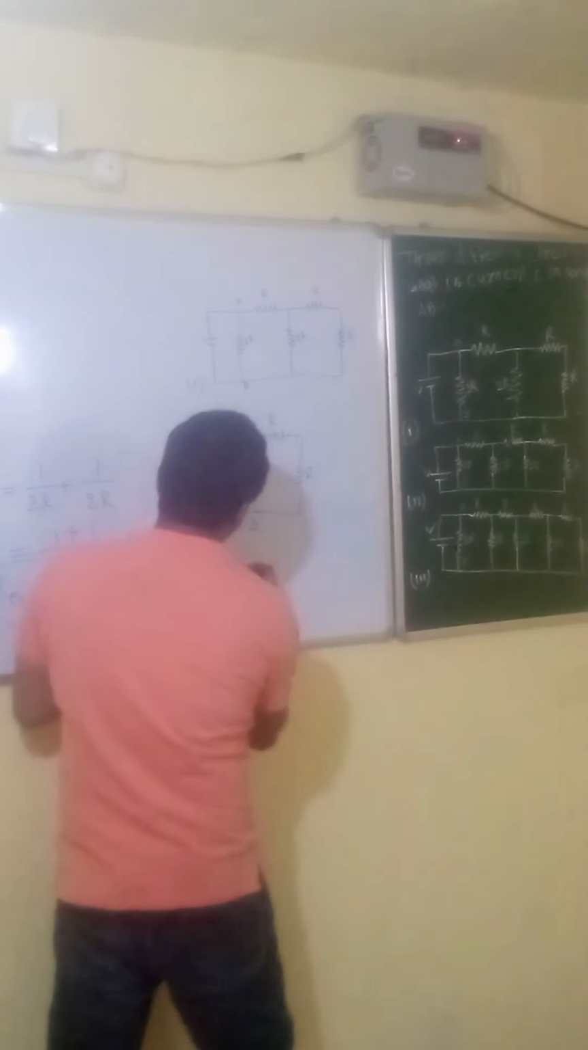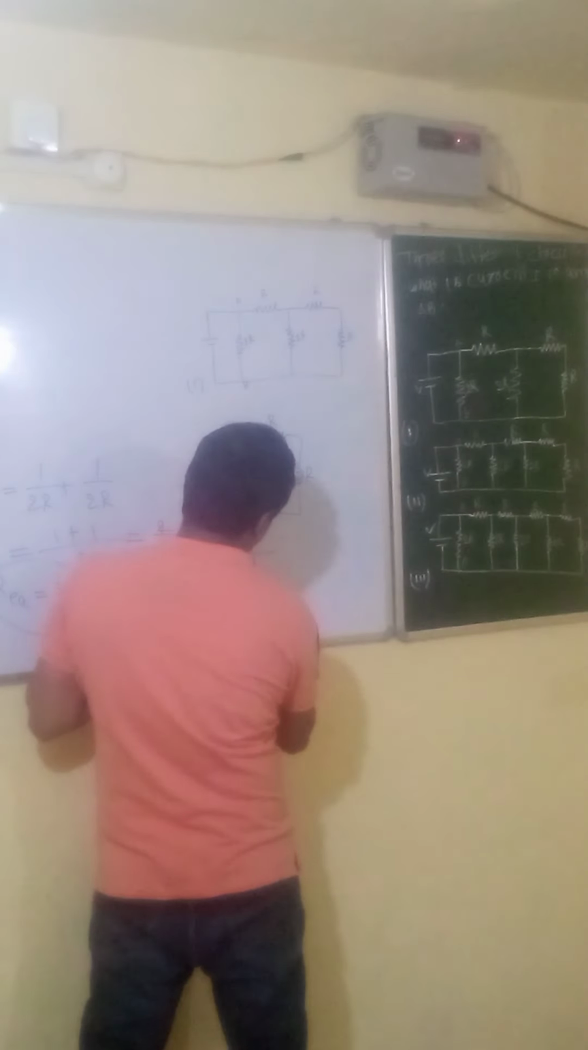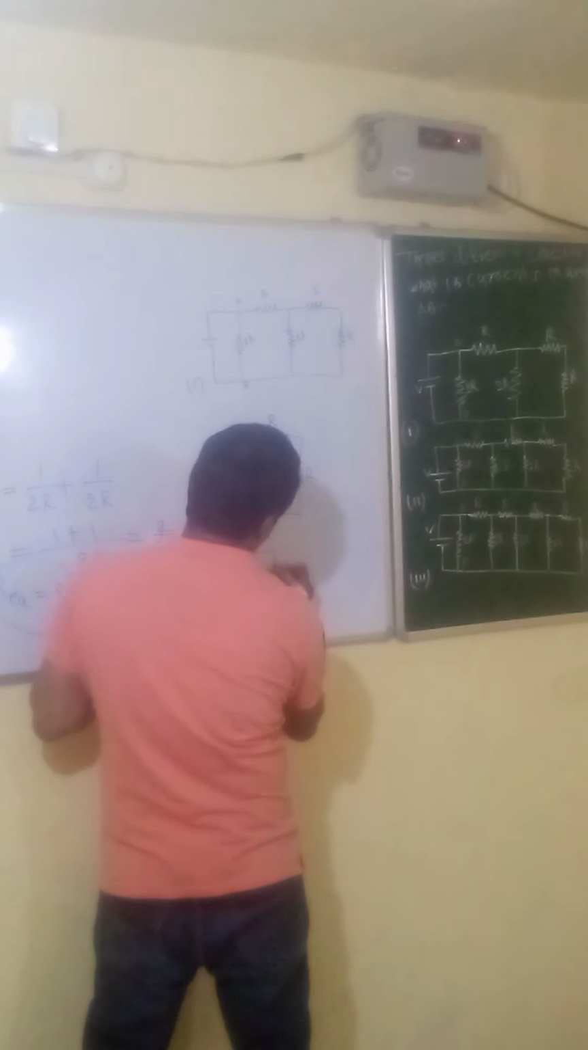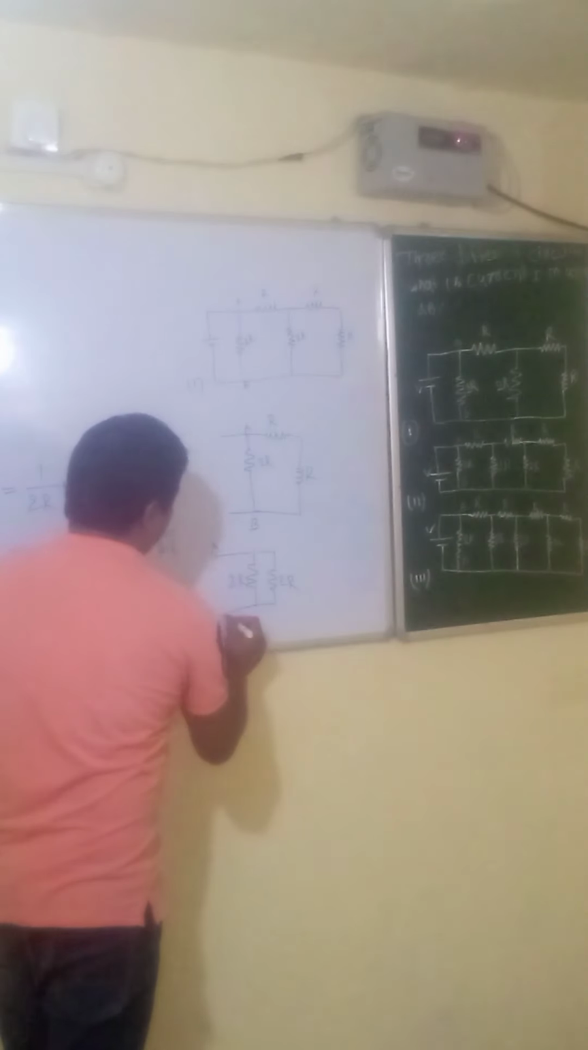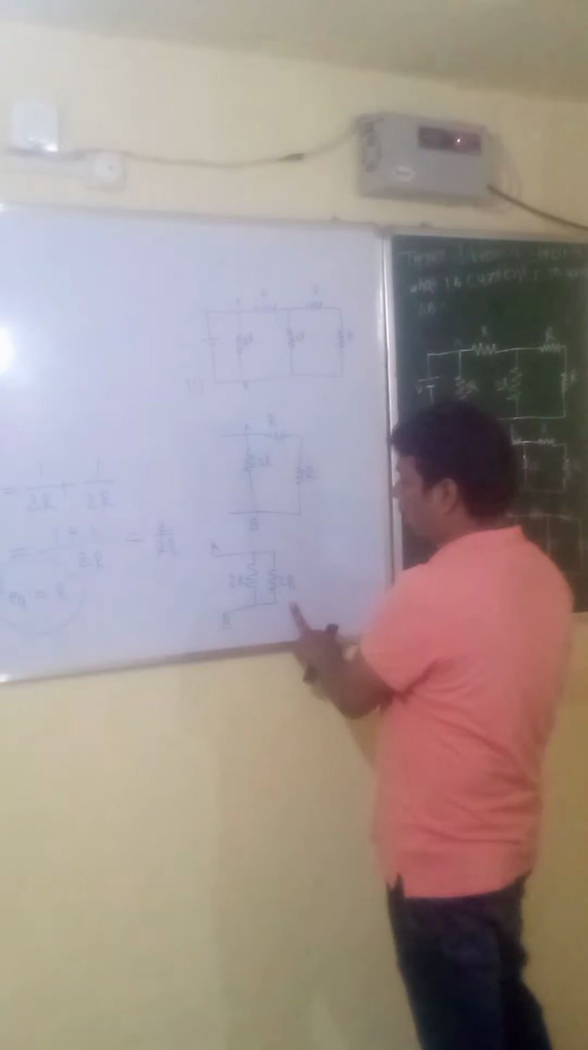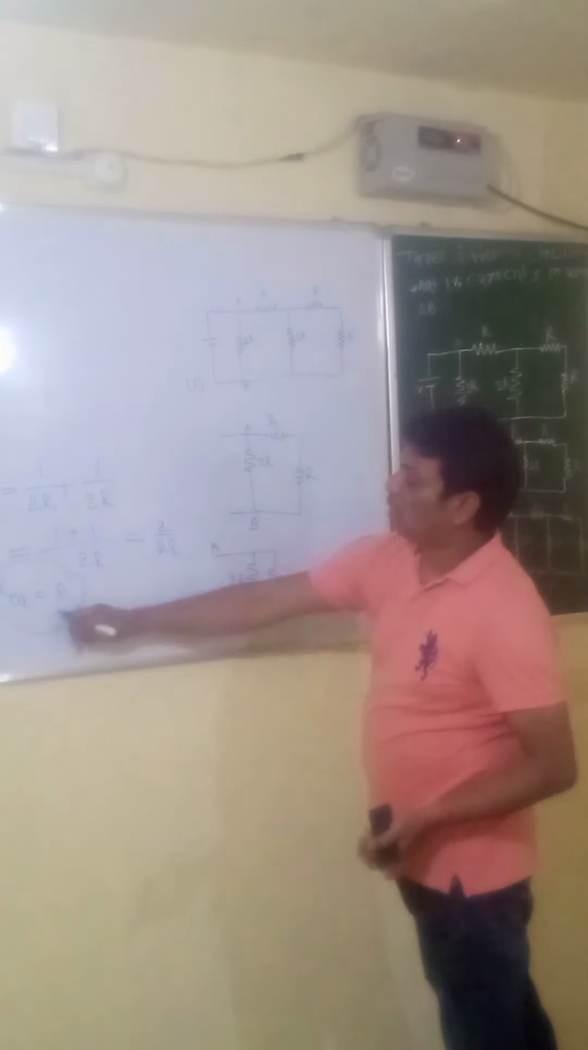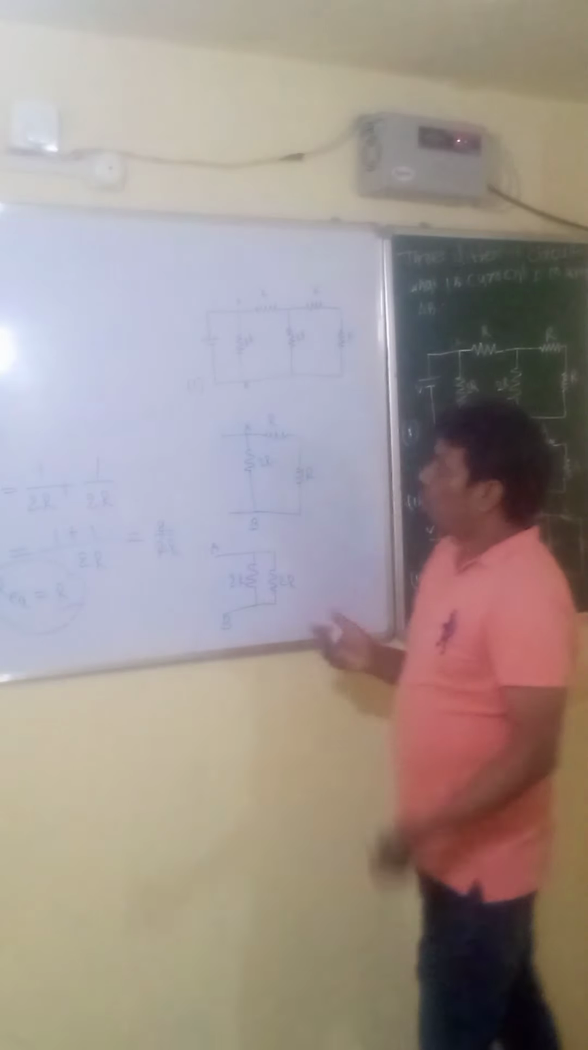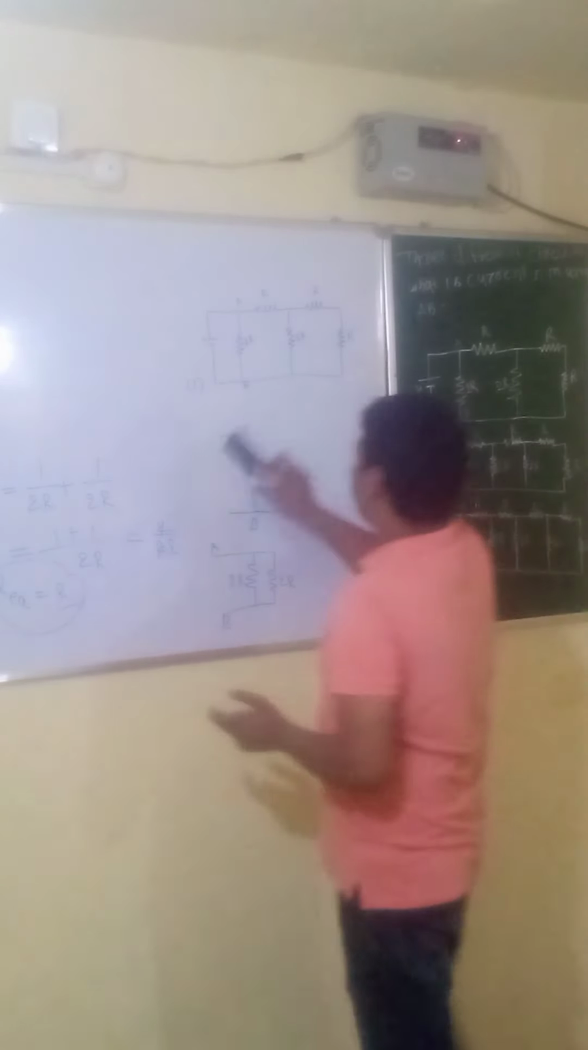Then again 2R, then again 2R, then we get the equivalent resistance R. So for the first circuit, R equivalent is equal to R. That is for the first circuit, and then for the second circuit,